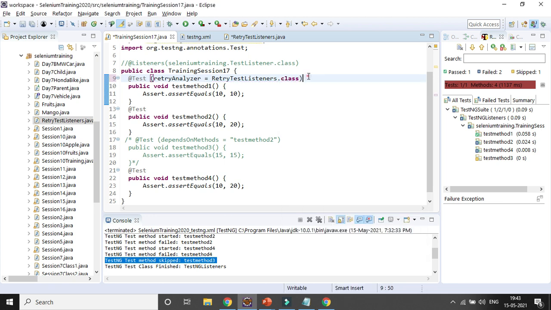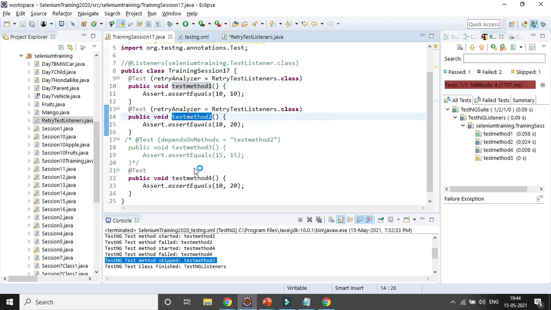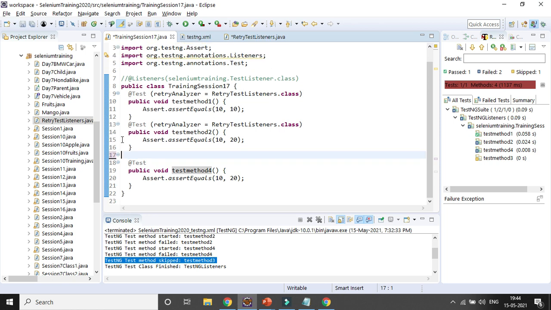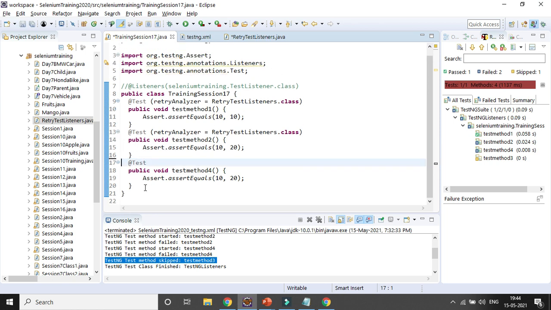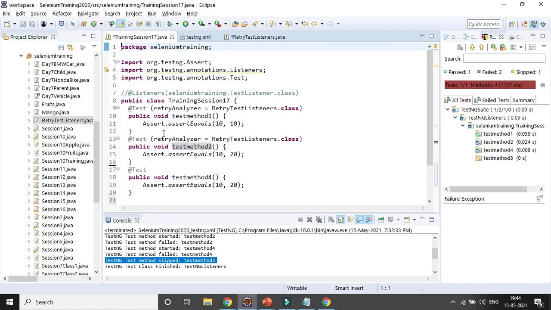Okay. So for the passed test case also I want to give it. Similarly for one failed test case I want to give it, and for the other failed test case I will not give it. So I will show you how this will impact it. So these are the three test cases. One is test method 1 or test case 1, test method 2 or test case 2, test method 4 or test case 3. Let's copy paste it in the last so that it will be better to understand. So these are the three test cases I am having right now. Test method 1, 2 and 4.